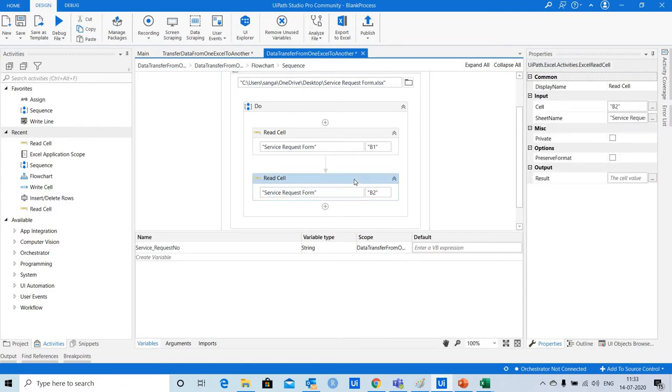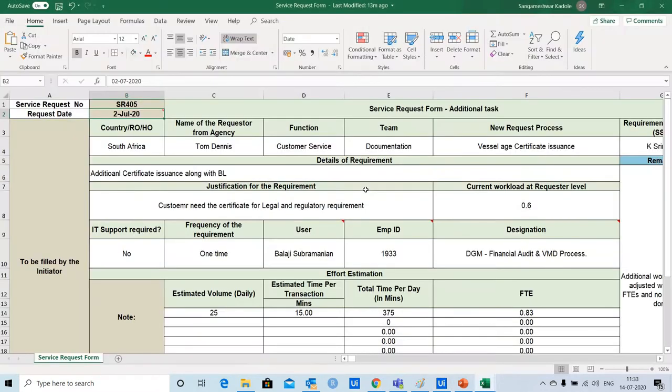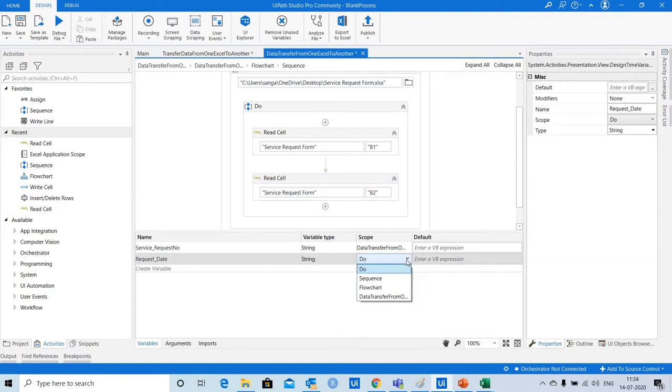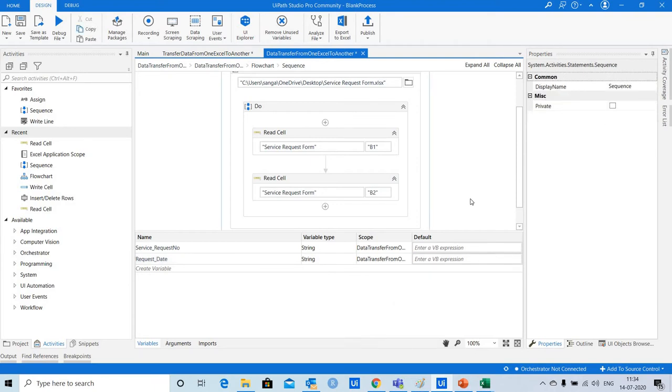Again here I need to define output variable with the name, so this one I am going to define as request date. So I'll press Control K, then I'll mention request underscore date and then press enter. So here again in the variable section I am going to define the scope as main sequence.